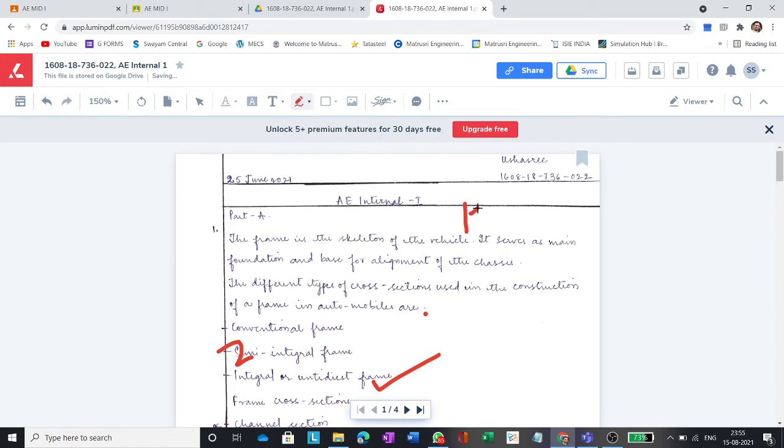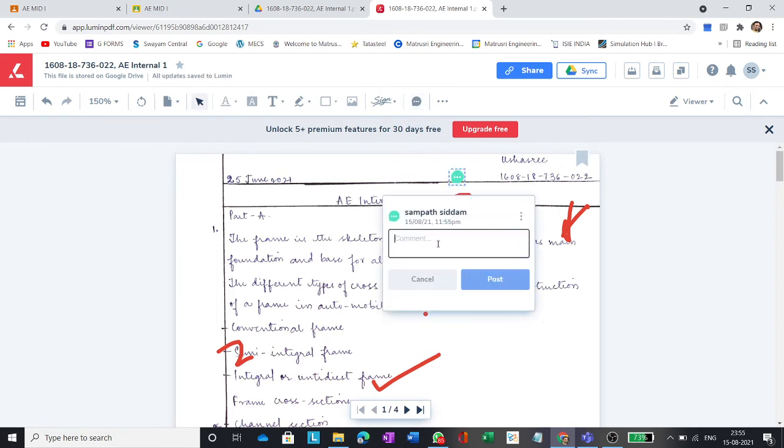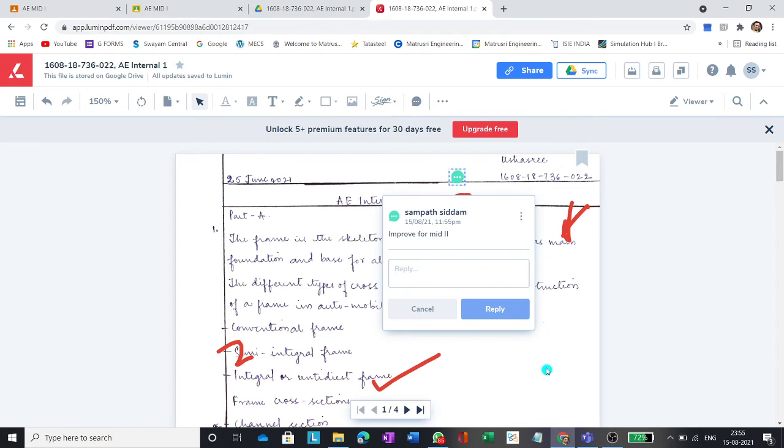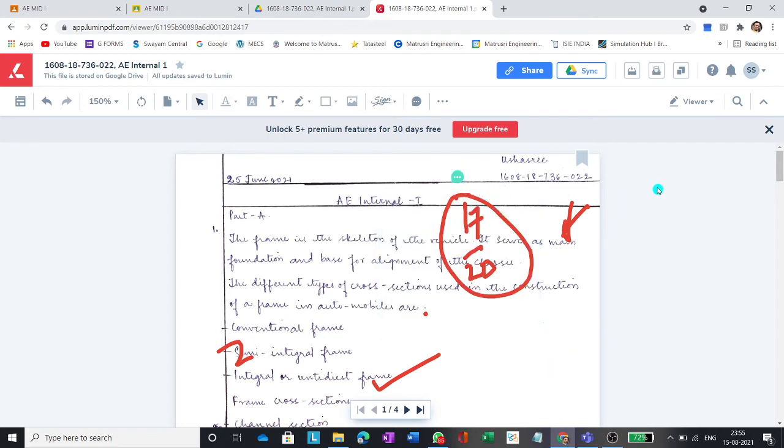After this you can award the marks. You can digitally sign here, or select a digital signature, and add a comment like improve. After this, post this comment. That comment will be posted to the students, and they can check.